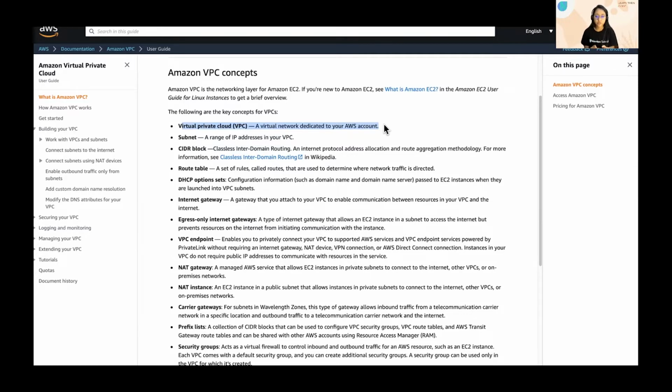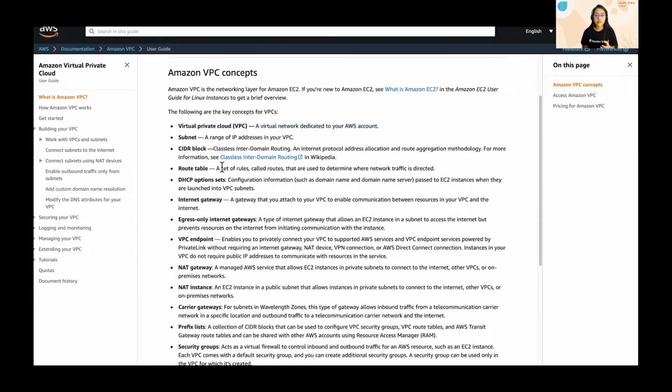Now inside that virtual private cloud, you would create a subnet, right? If you understand networking, then we have the concept of subnetting, where we divide our network into multiple subnets so that we can have our resources inside those subnets, for routing purposes. Next is CIDR block. CIDR block is nothing but the IP range of your network that we allocate to our VPC and subnets. Next is the route table.